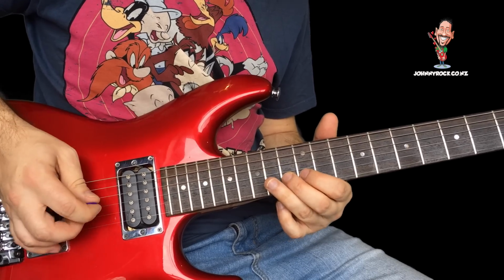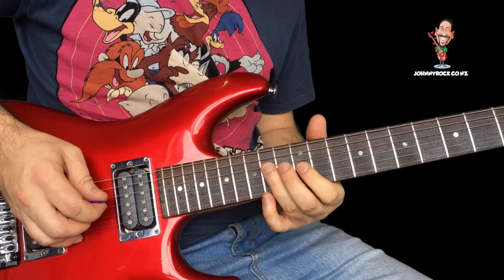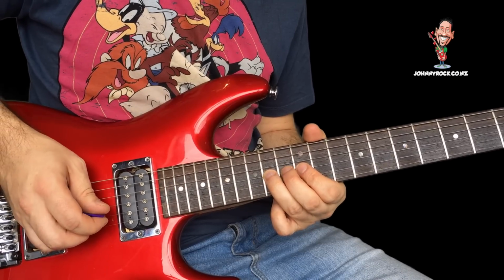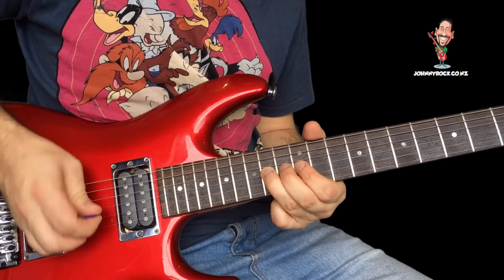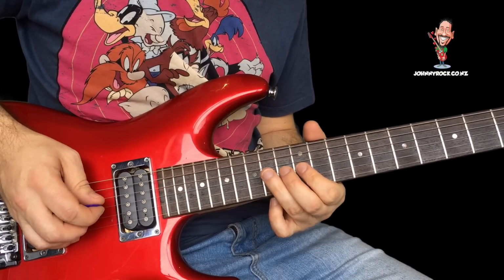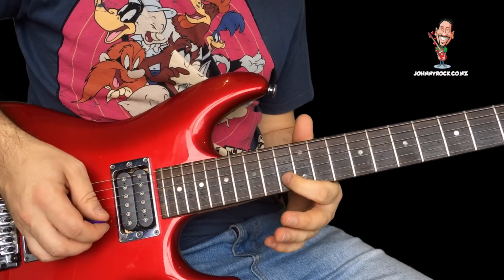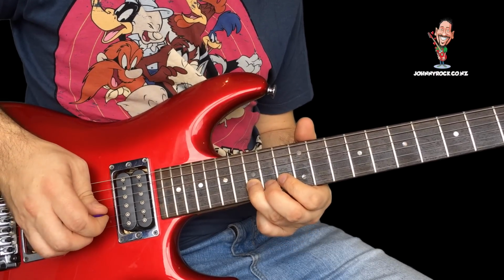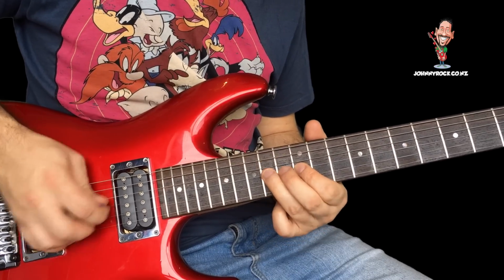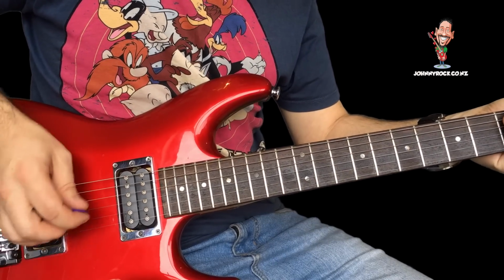Then we have this cool one. So this one, 14, 12 on the G, 12, 14 on the G, twice. So that's in total of 3 times there. And that is 13 to 15. Back to 13 on the B. Or 14, 12, and on to 14. So that whole kind of bit was